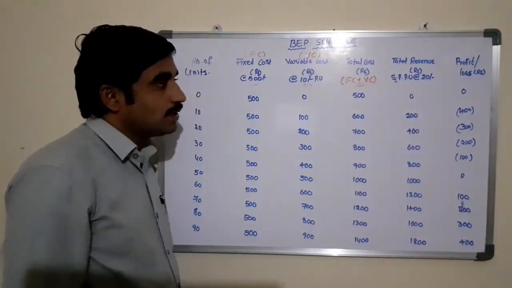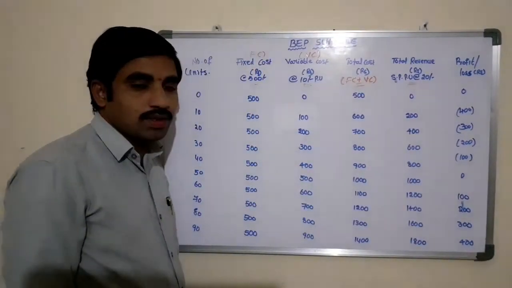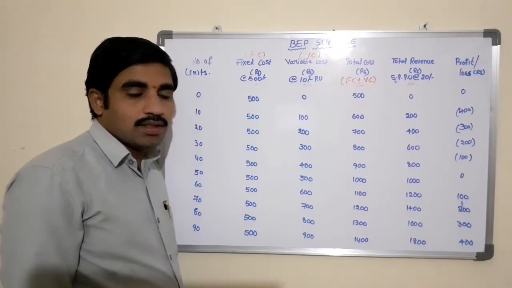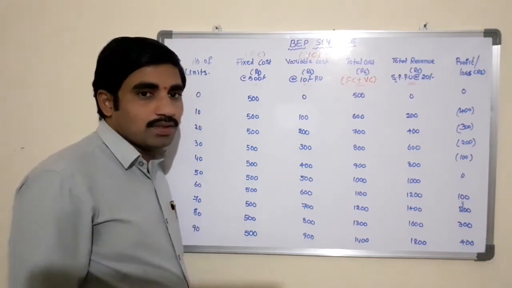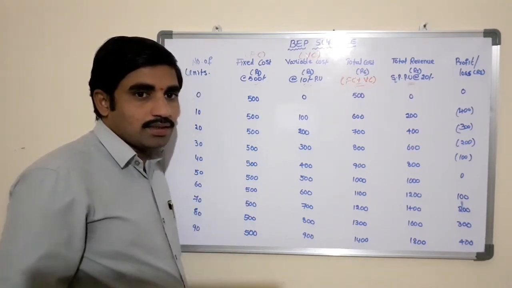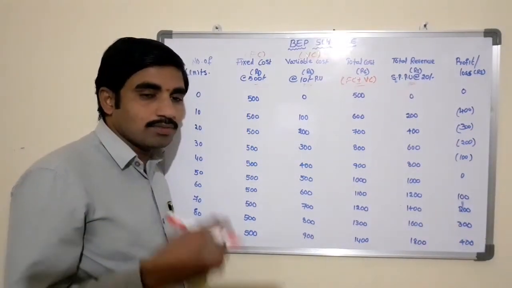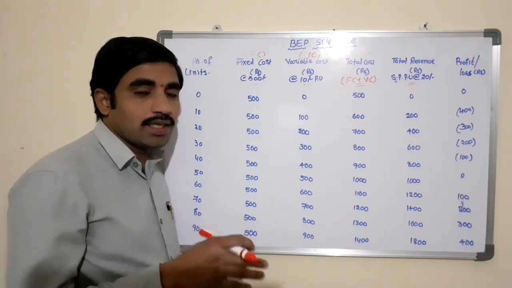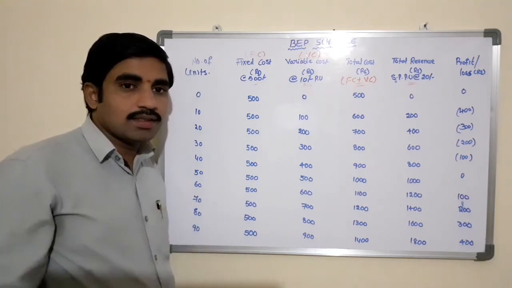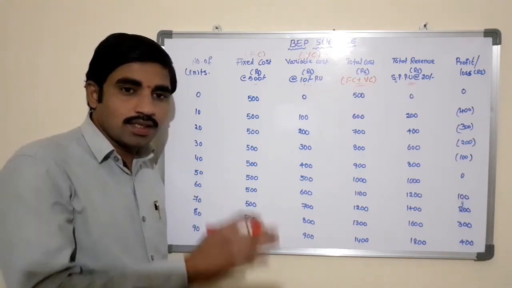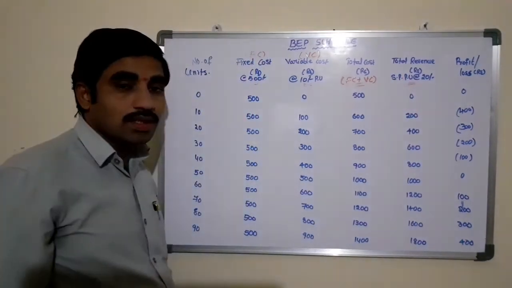Then another assumption of break-even analysis is that the selling price per unit remains constant. The selling price per unit remains constant irrespective of the nature of business, the nature of market, or whatever changes occurred in the business in terms of machinery or technology or raw material or any other factors. Any changes in the prices of the factors of production, any changes in the market positions, there is no change in the selling price per unit, that is, it remains constant.